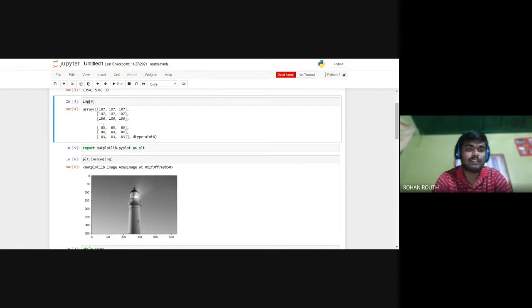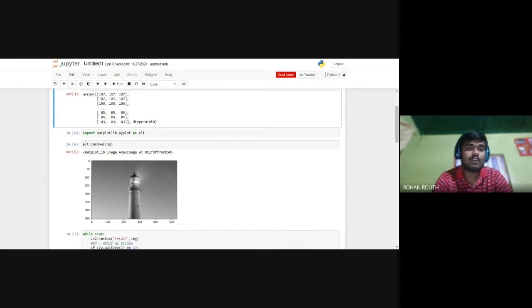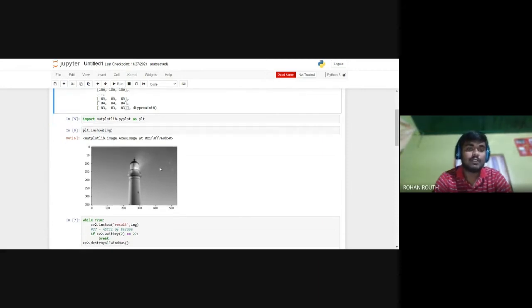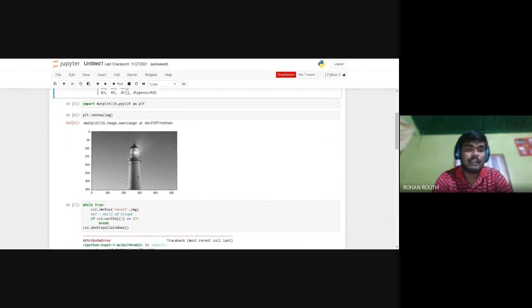Then in the fourth line, we are just plotting the array data of the image. So we have got this entire array here. This is actually a long array, but we have only shown this much. And then we are also importing matplotlib as plt. Matplotlib is another Python package that helps us plot the array and visualize the images. So we are showing the image using imshow.